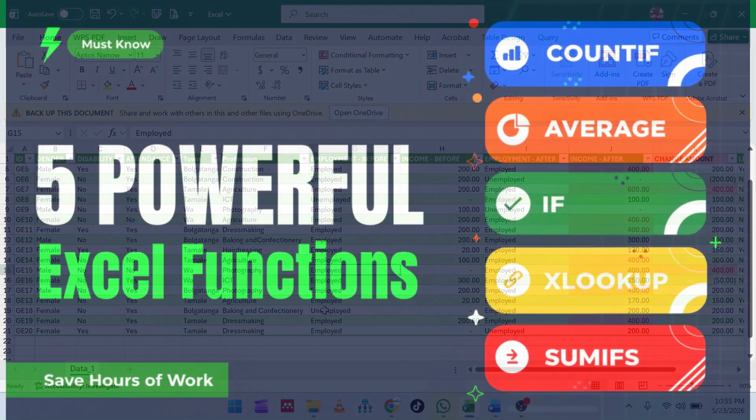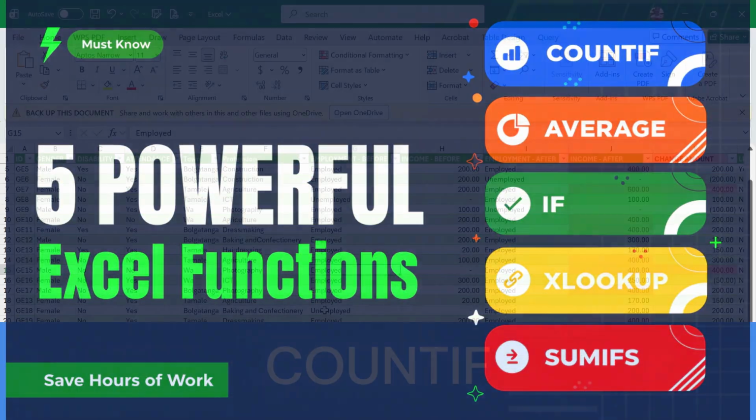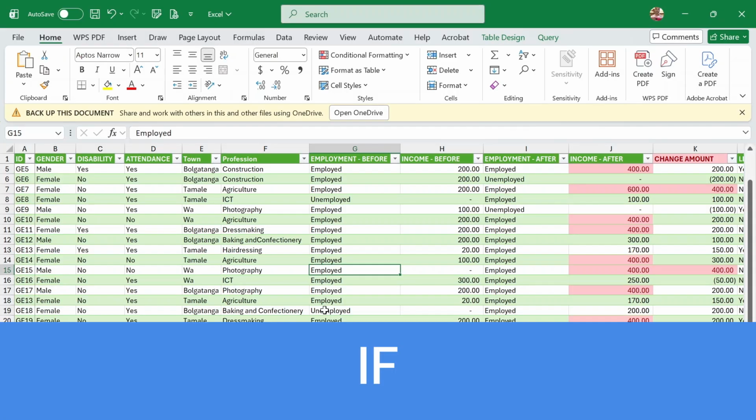These 5 Excel functions would save you a lot of time, a lot of hours when you are working with